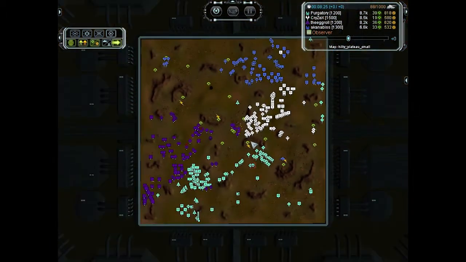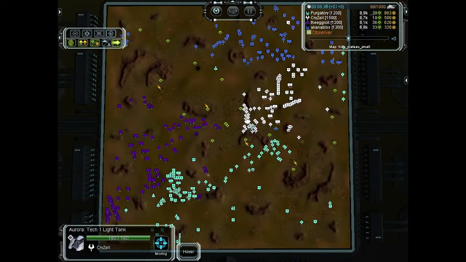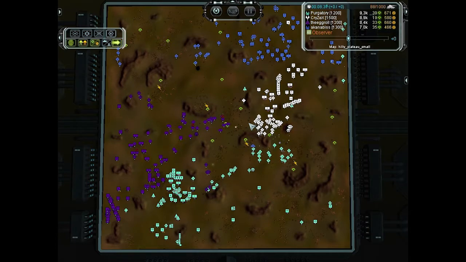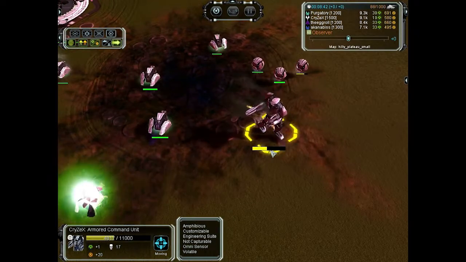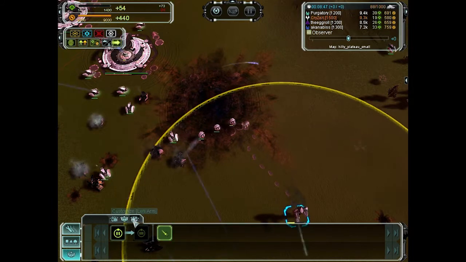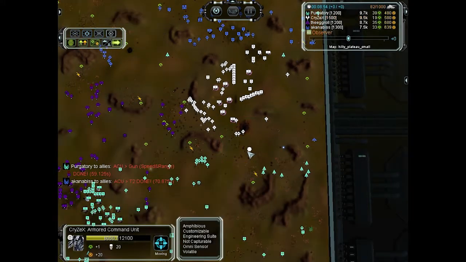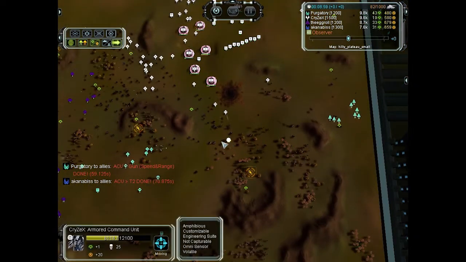So usually Cybran, Seraphim and UEF can tank damage a bit more than Aeon, since they go more for, I'm not sure, speed, mobility, hover tanks and range and damage instead of durability. His commander has gone for a T2 upgrade as well, I think. I have to check. No, he's gone for the Enhanced Quantum Disruptor, going for extended range and damage potential. So this commander is just purely bred for war now. If he goes for a shield generator as well, this commander will be...